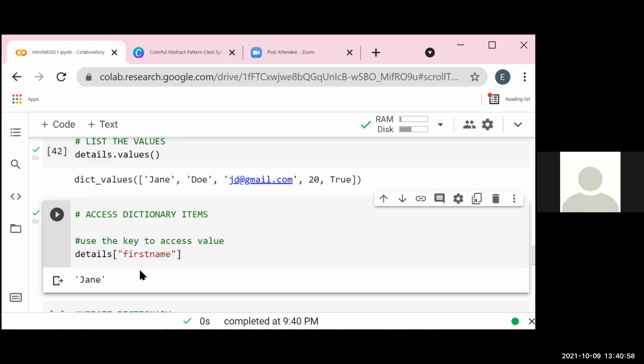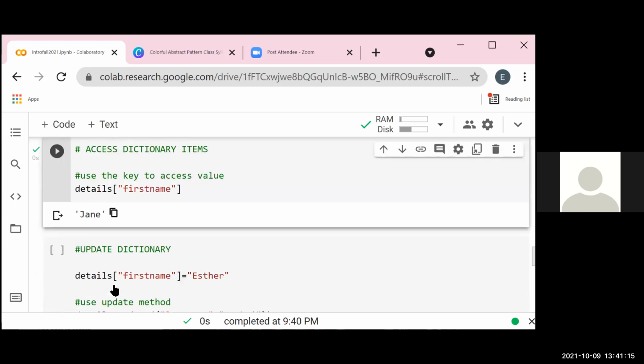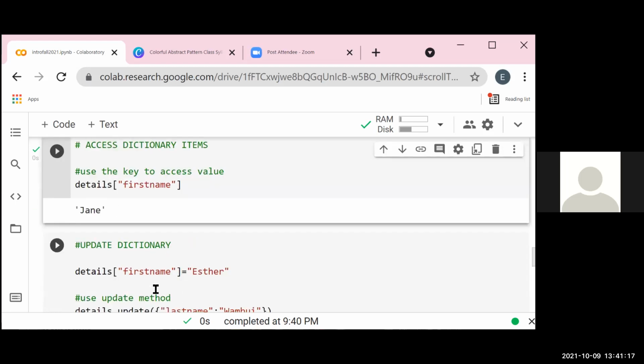And that's why we always say that items in a dictionary have to be unique, because we use the key to access the values. So you cannot have duplicates, like you cannot have two first name Jane inside our dictionary. So that's how we do accessing values. In lists and tuples, we use indexes, but in the dictionary, we use the keys.